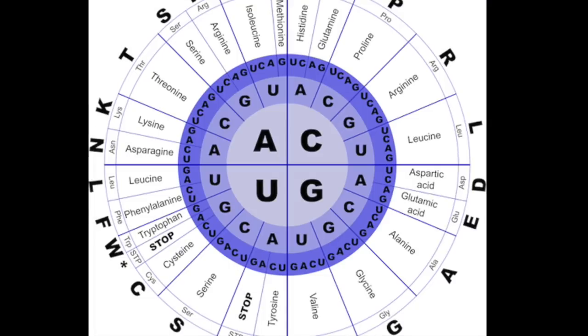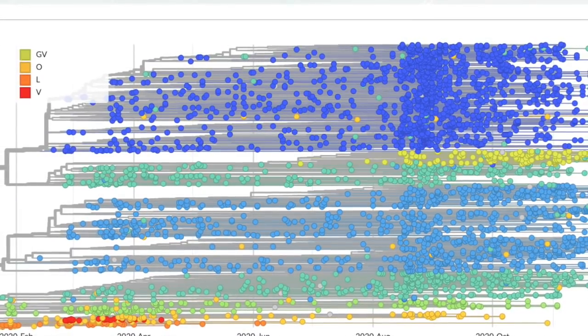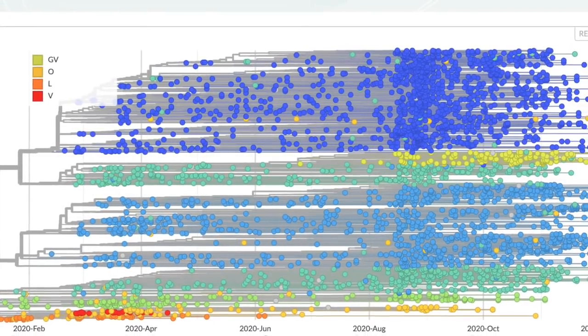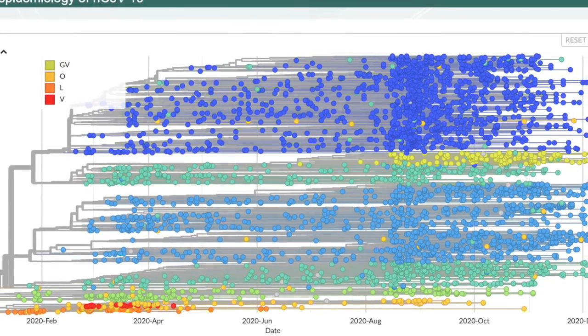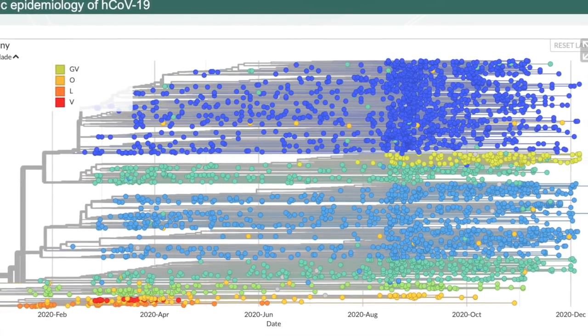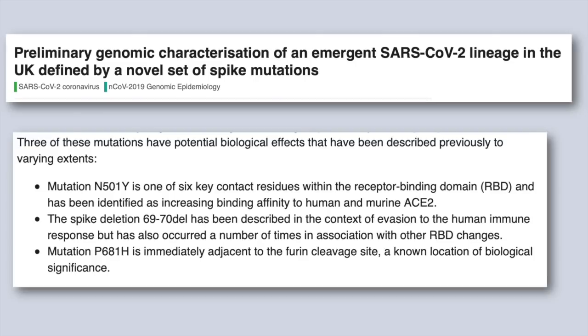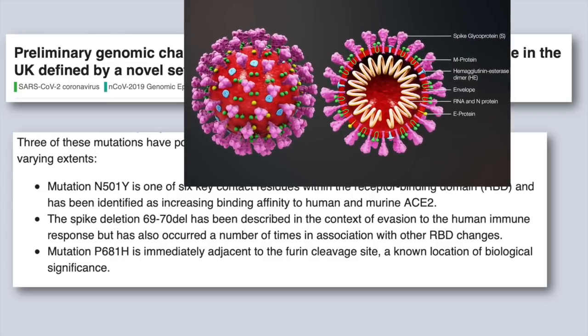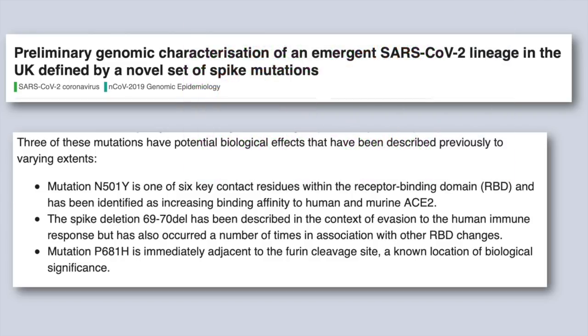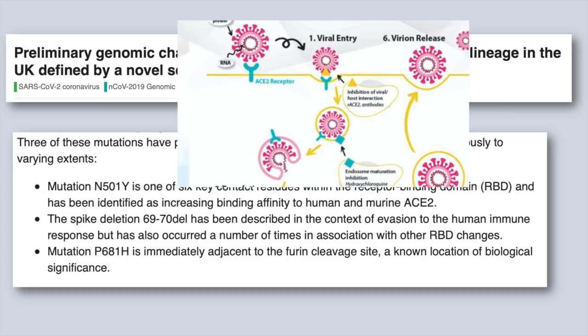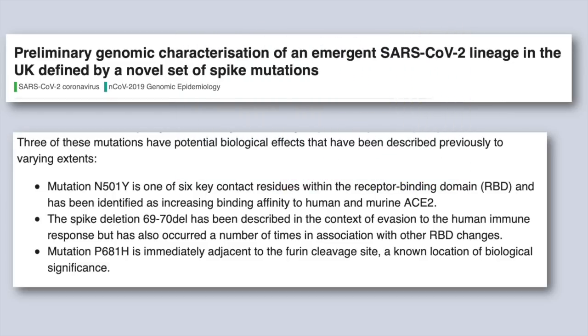That's their trademark. Scientists have been sequencing the genes of the coronavirus throughout 2020, looking for changes in the genetic code and creating a type of family tree. The mutation in England has been called the B117 lineage. This B117 lineage has three important mutations, all on the spike protein, which are the spikes on the outside of the virus shell. The spikes are also what are used to enter human cells via the ACE2 receptor.